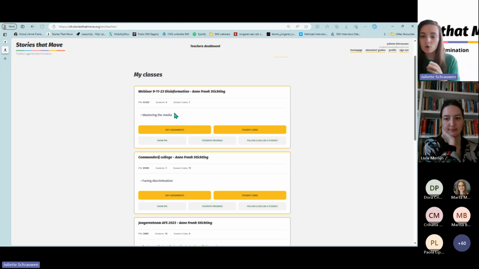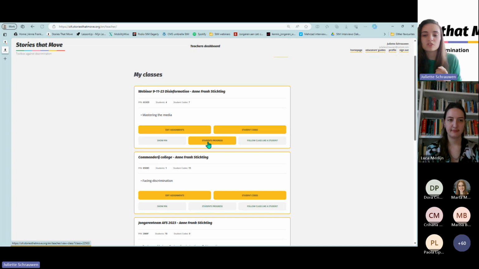You can gather them all in one group, and there they can give their answers. You can also see their progress. Here is the button student progress, so you can see what they fill in. So it's also a tool you could use for homework, but also to see if all students are taking it seriously, because that's sometimes a good thing for us as teachers to check on.